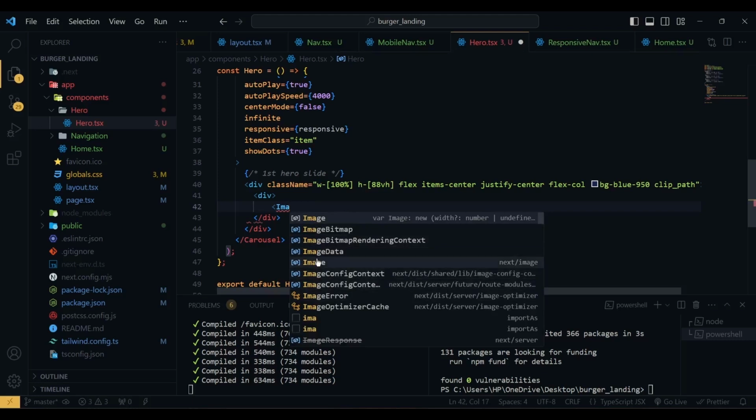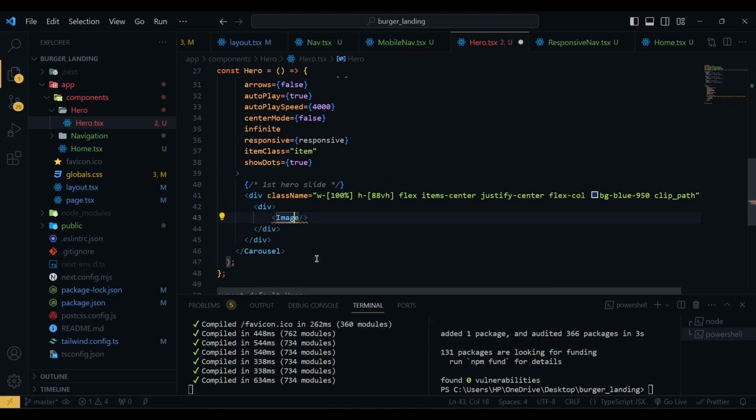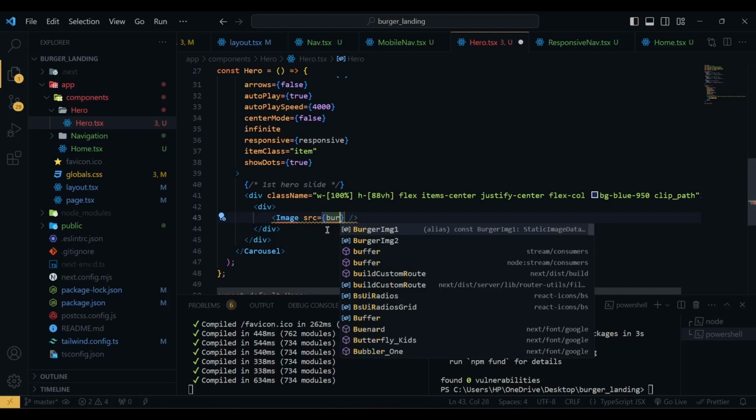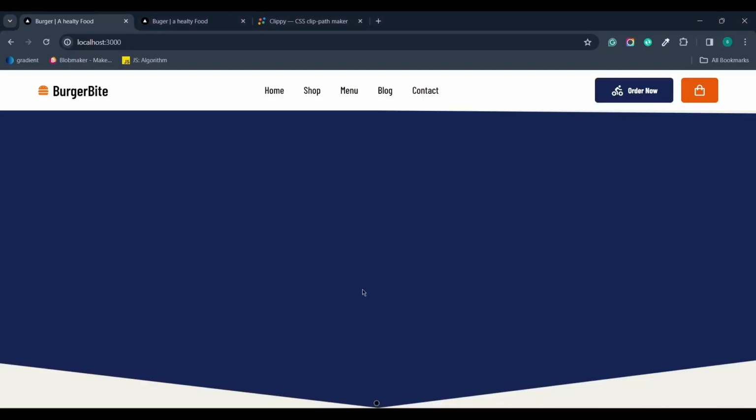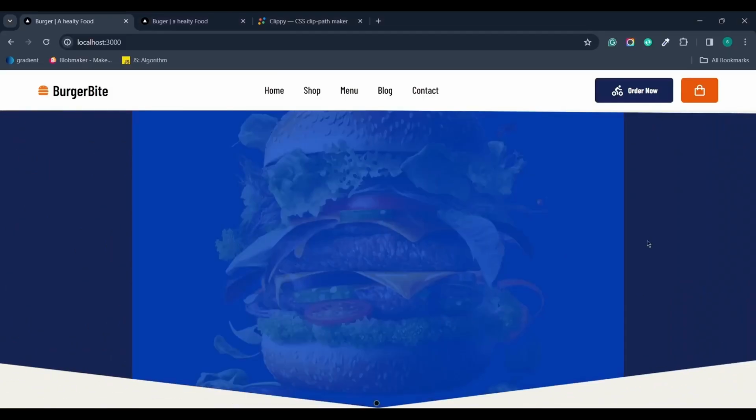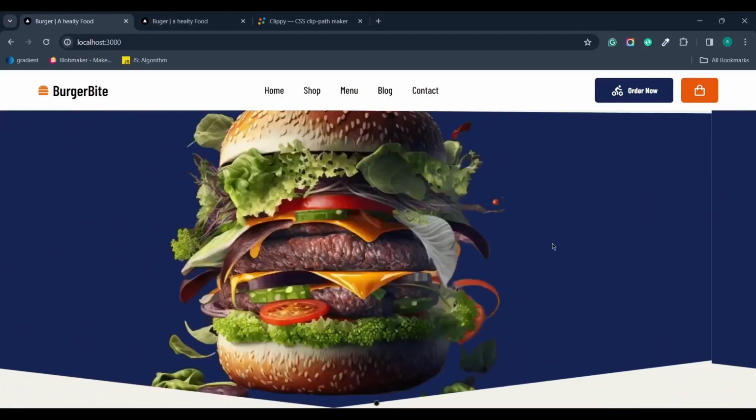So we are going to import the image from next/image, and the source will be burger image 1, and the alt will be burger. If I save this, so this is our image,